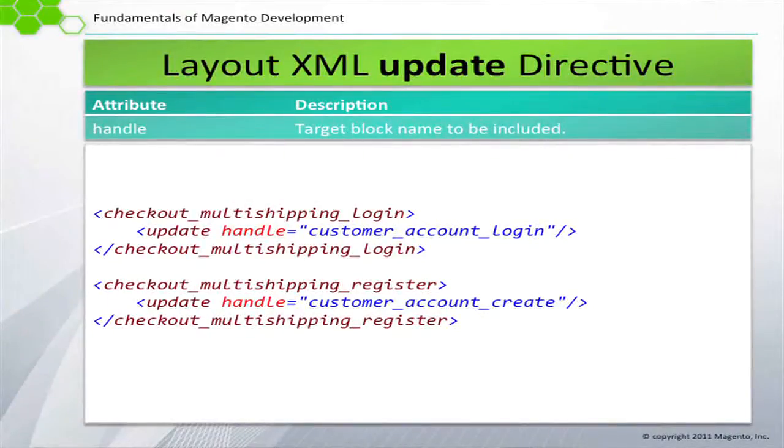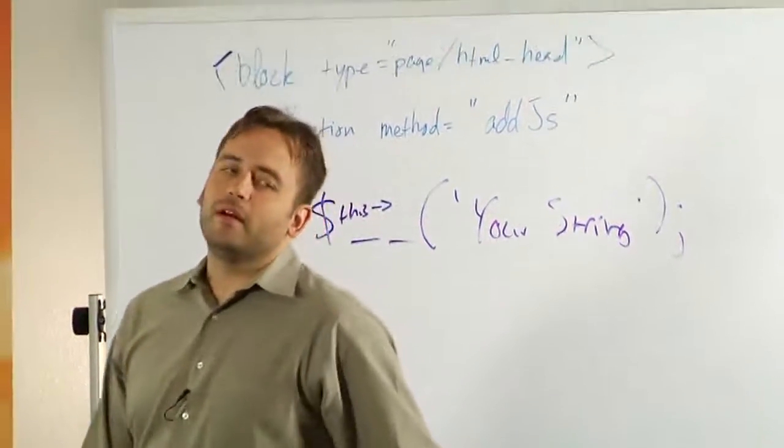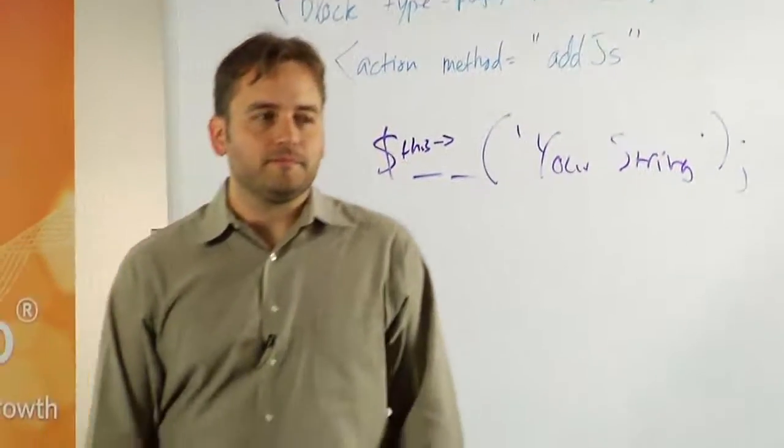Okay. Exercise time. Getting the exercises out of the way early. All right. Create your own handle in layout XML file. Add output block to handle. In controller, add a new action and call. Add update node to include your layout update handle in CMS index. Okay. So, again, to remind,